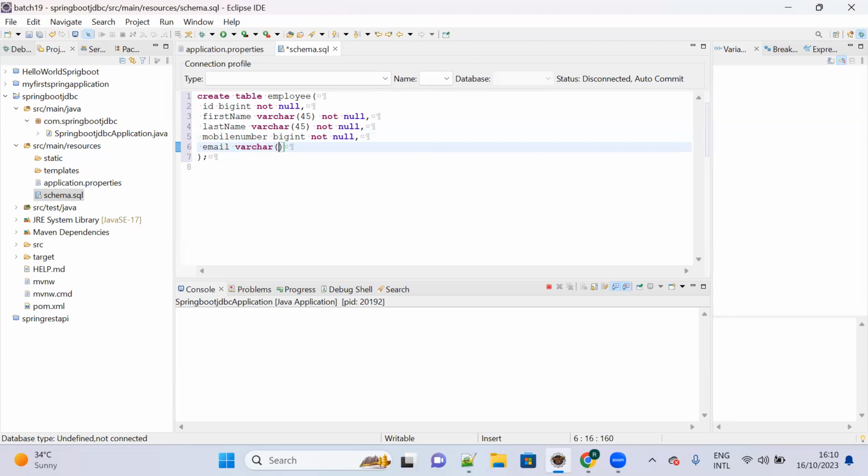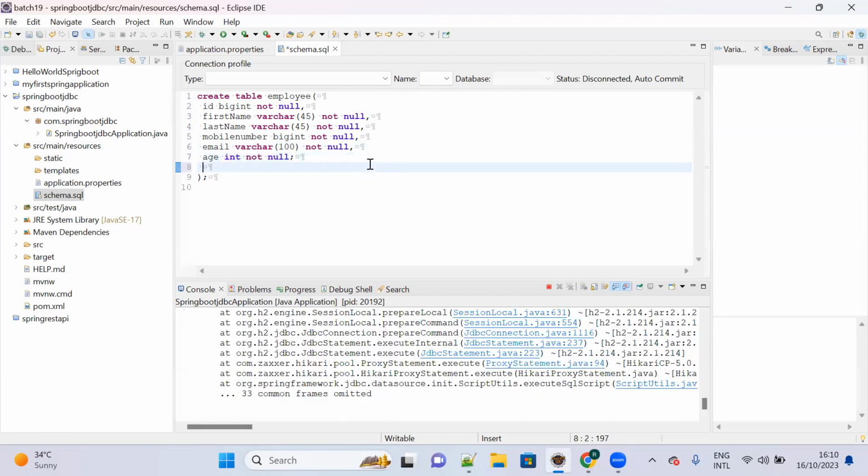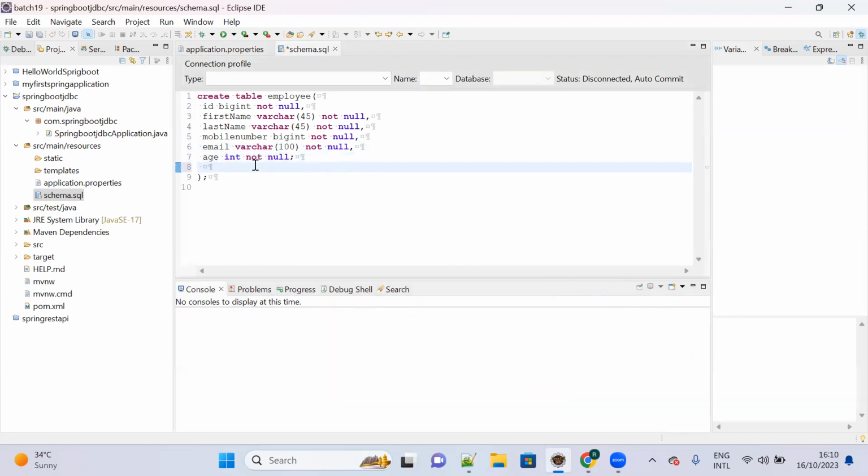Okay, so mobile number, and then let me create email. Email is also VARCHAR, 40. Give me 100. This is also NOT NULL. And I'm giving age as INT and NOT NULL. So after that, let me stop the server since it is not completed. So age is NOT NULL, and now I can write